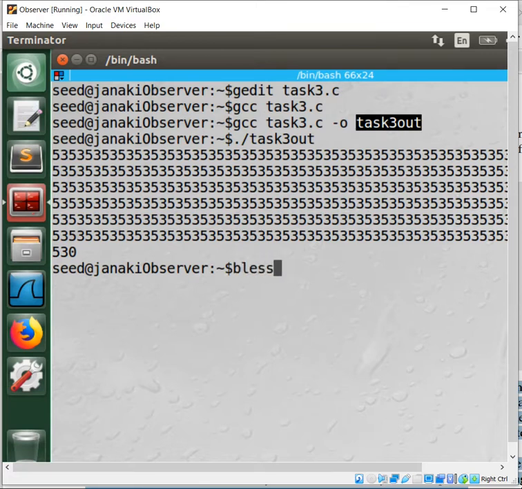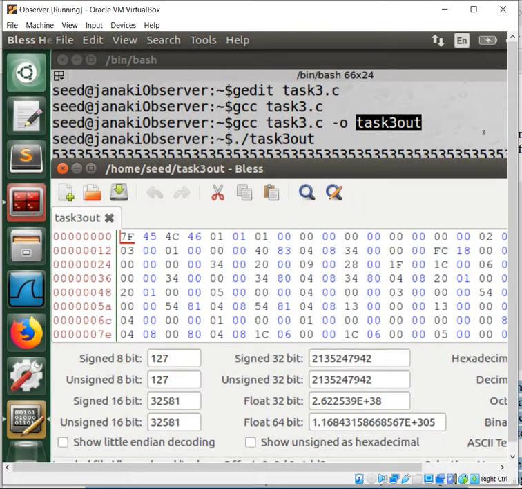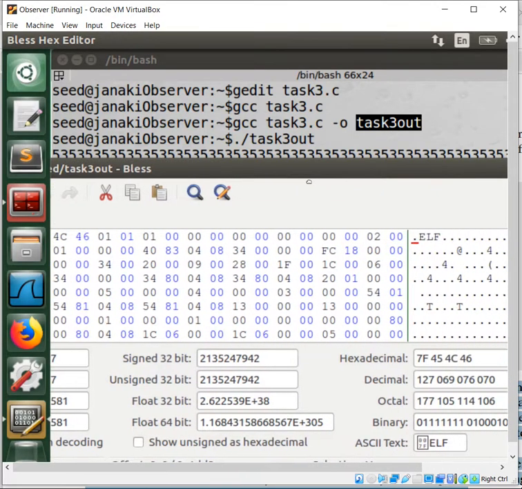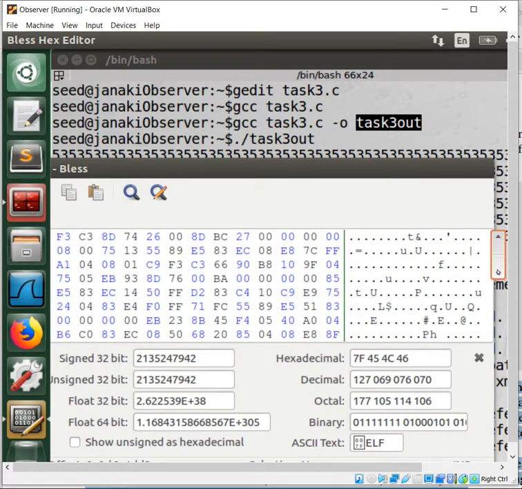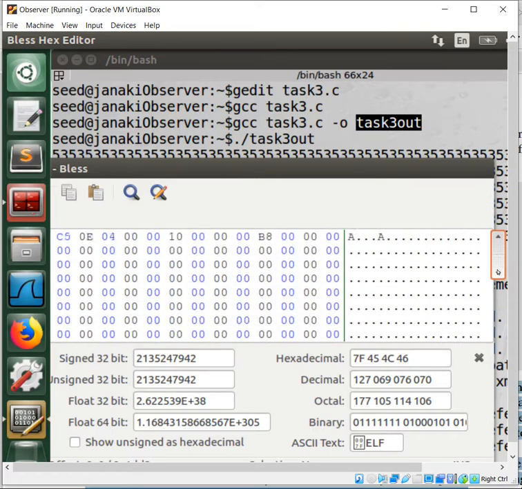So I am going to open Bless with task3.out. When you open task3.out, you need to find where the content of S is starting. If you move down from here, you will find the area where S starts.